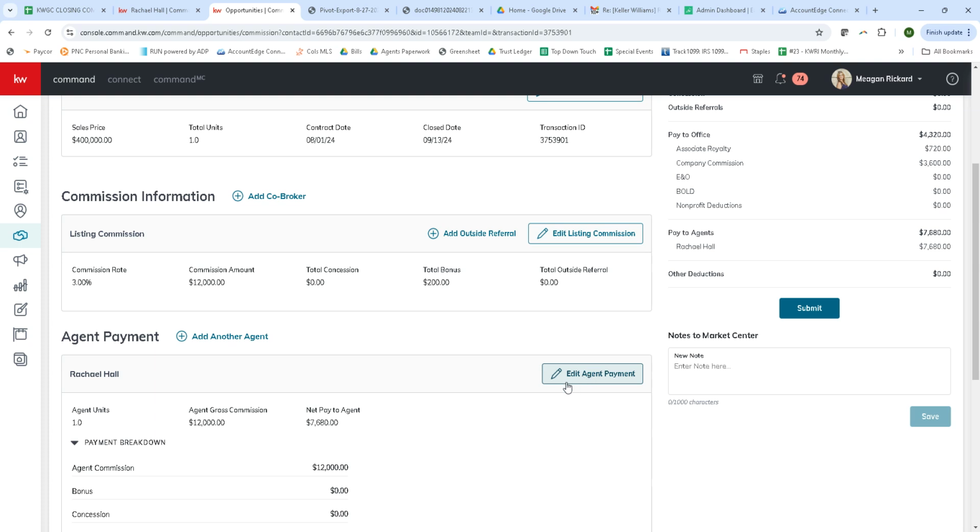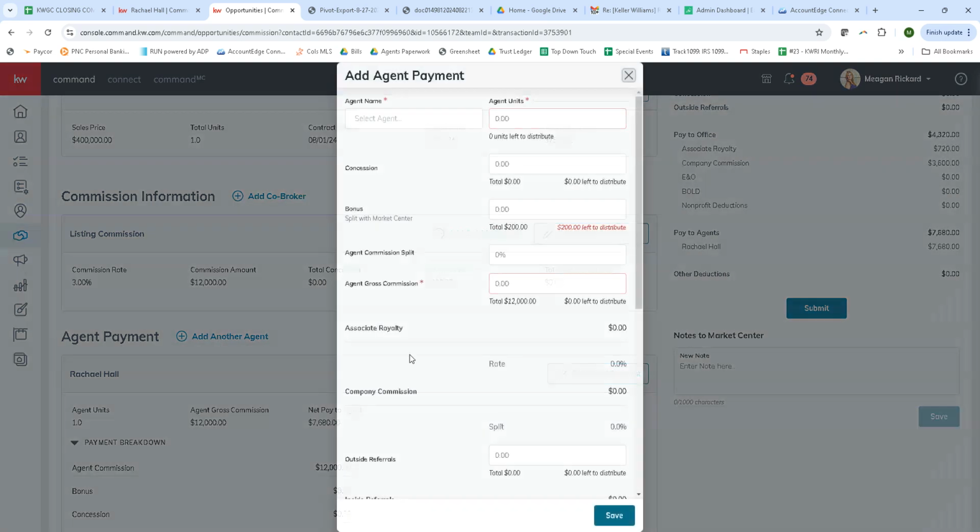If you need to add in another agent, I'm going to go into more detail on that in another video as well, but you can just click right here and add in another agent. It's important to note that if you are maybe just giving 20% of this to somebody else for helping you out, you're now not so much splitting the units. You don't need to do that anymore. If you're the agent claiming the unit, it's your transaction, you're just giving somebody 20% to help you out or whatever the case may be, then the commission